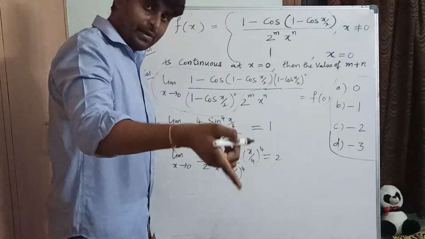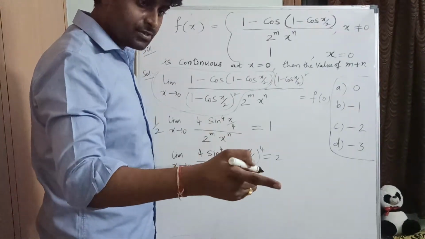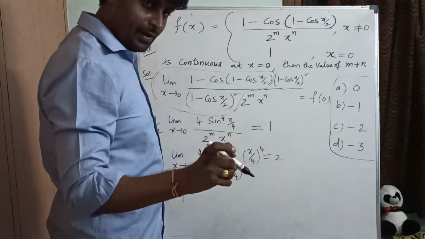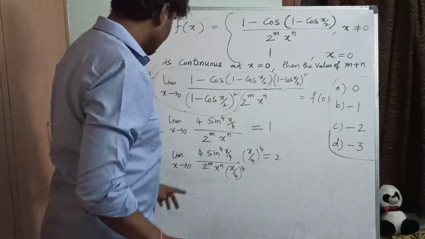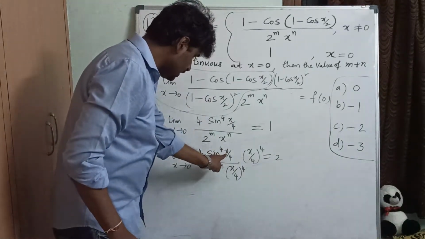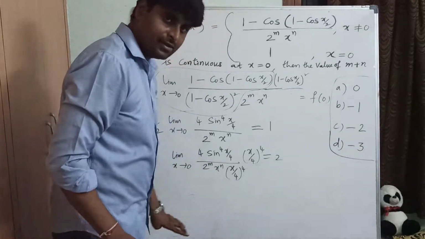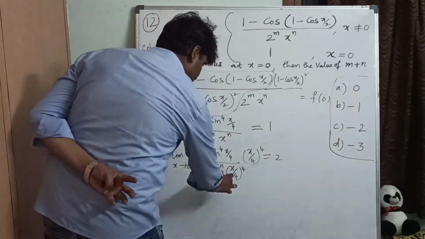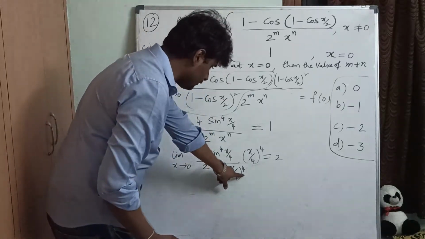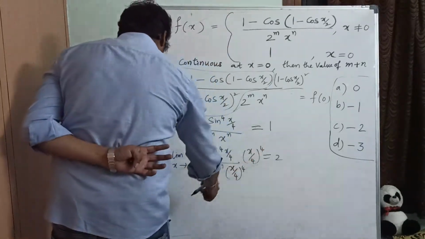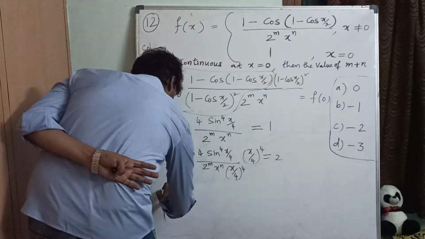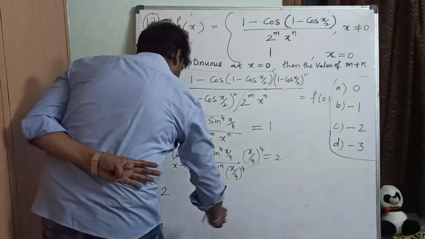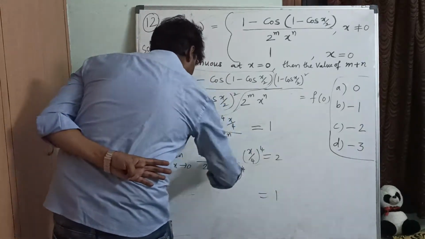Because sin²x by x² is 1, sin³x by x³ is 1, sin⁴x by x⁴ is 1. Here also x/4, (x/4) whole power 4 we need to have to make it into that formula. So this will become 1: sin⁴(x/4) by (x/4) whole power 4 will become 1. So what do we get remaining? 2. Now 1 here, and the 2's make 4.